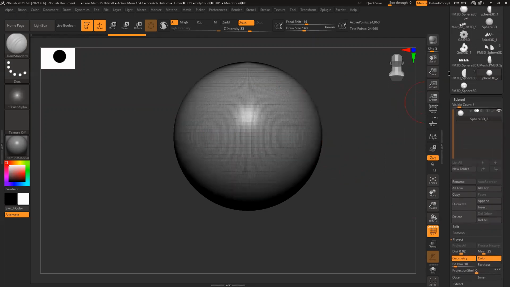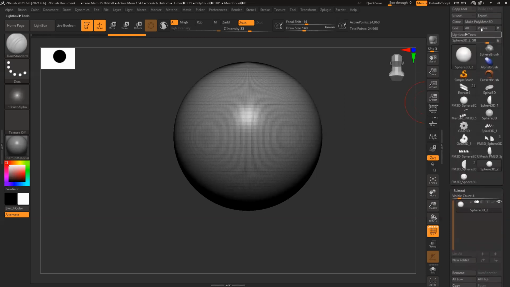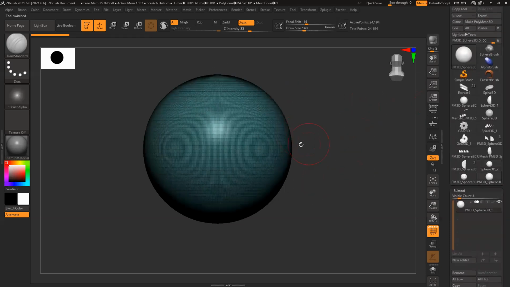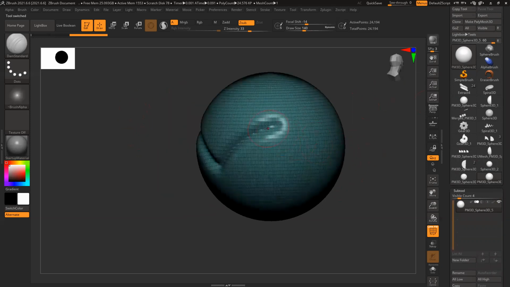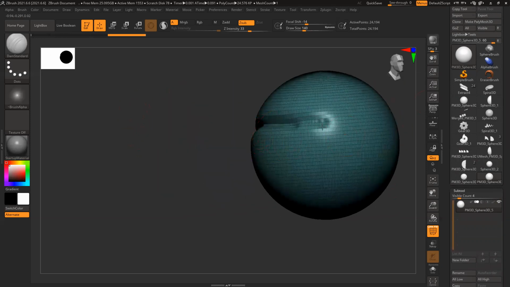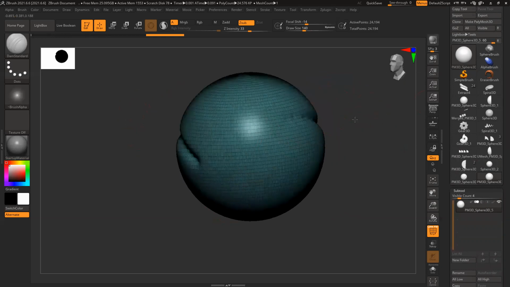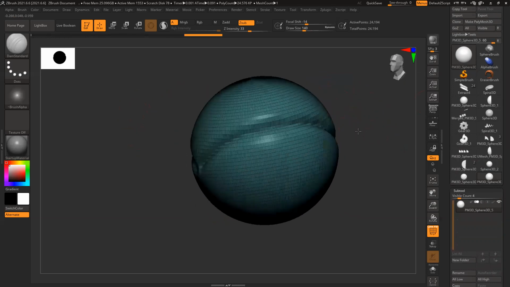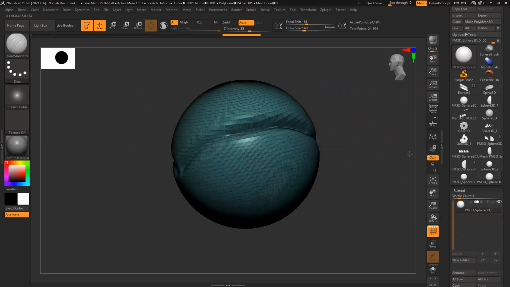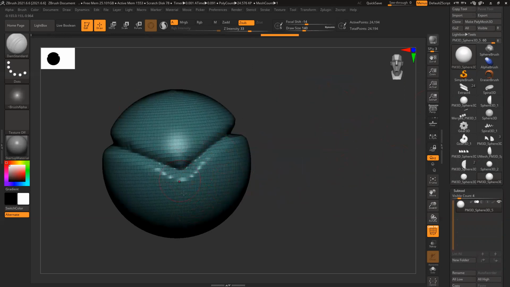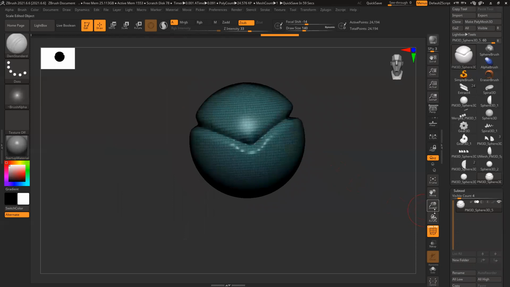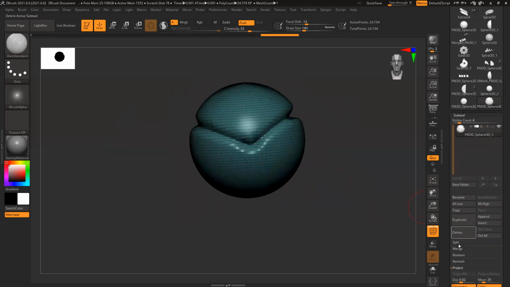Okay, this is a poly. This I have to convert to PolyMesh 3D. That's why it's not working. So this is a sphere, and you can see all the lines are straight. So if I create a shape, the basic logic is, whenever I create a model, our loops, our topology lines, usually follow that shape, right? If I create these loops manually, they will follow this direction instead of straight lines. That's how it's supposed to be. So if I remesh, it will retain the shape. The shape will be the same, only